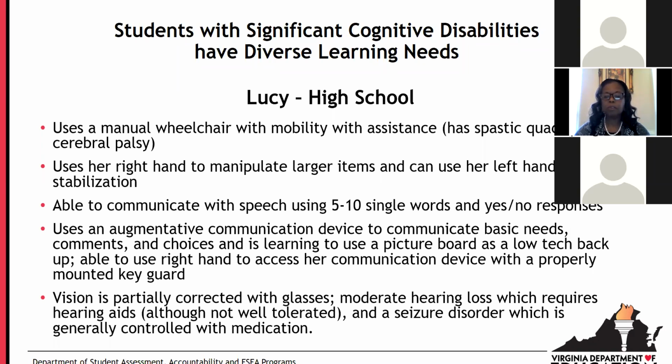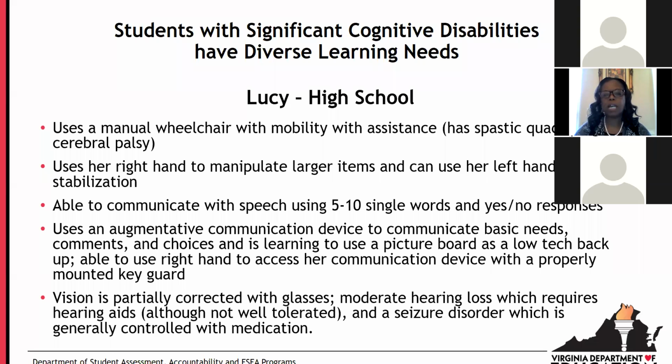And like Matthew, there is a seizure disorder, but in Lucy's case, we really see it controlled well with meds.